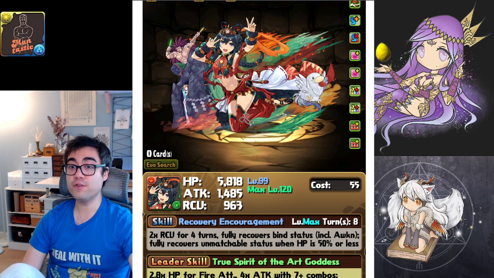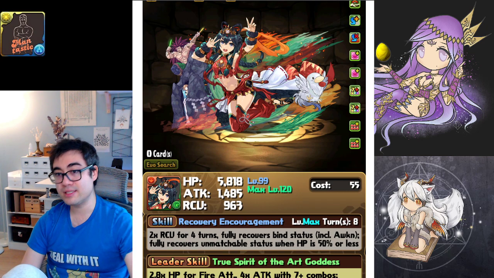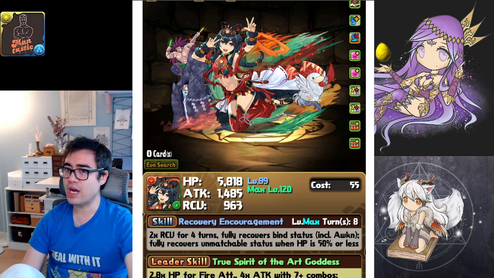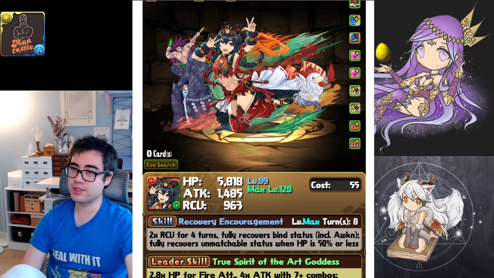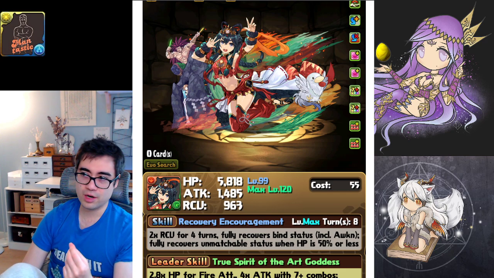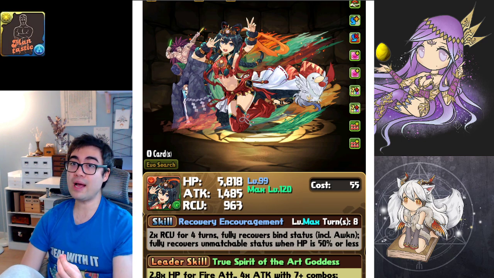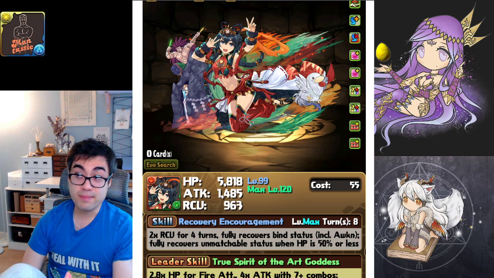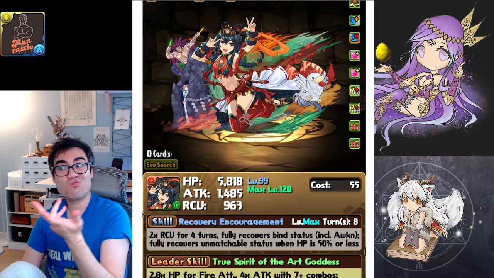debuffs. You get to fully clear Bind and Awoken Binds, and then you also will clear Unmatchable if your health is 50% or less. The Unmatchable is conditional. It's an 8-turn cooldown, so it's a little bit awkward in that sense, but if you have something like, say, Wedding Trailer, or something else that can clear Unmatchable on a regular basis,